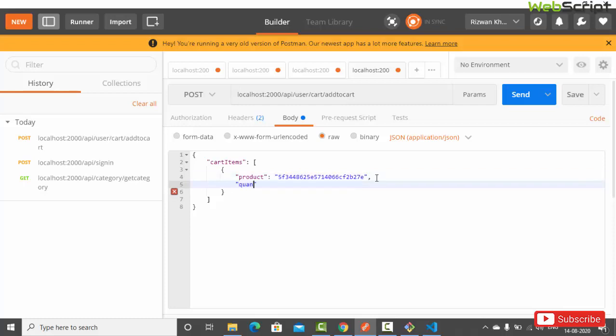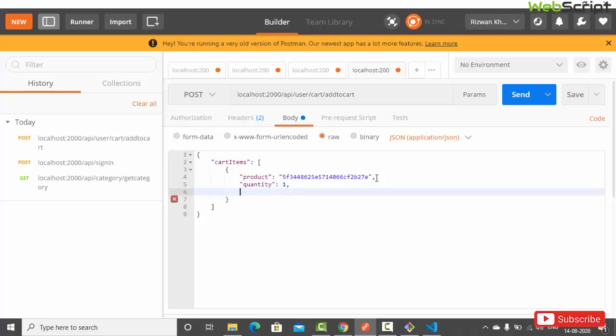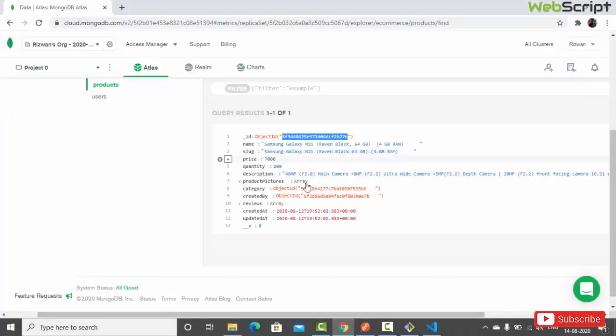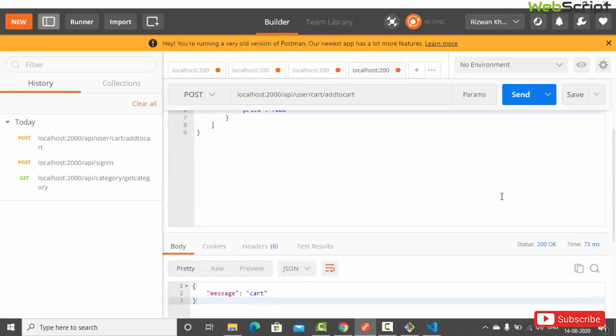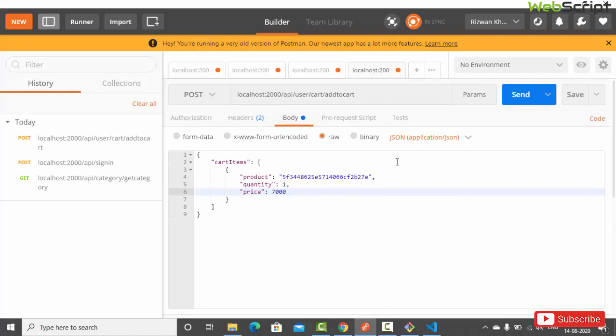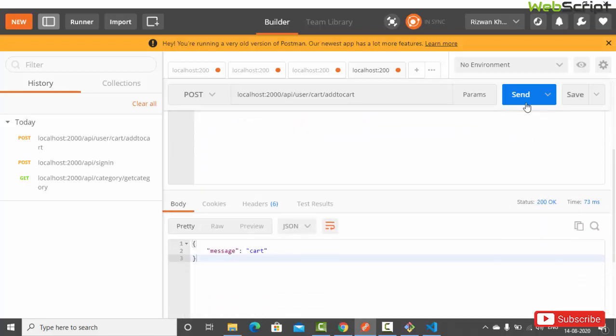Another thing is we need to add the quantity. So you can add 1 or 2, by default it is 1, and so you can add like that. And let's add the price also. So price, we know the price is actually 7,000, right? So let's add 7,000. And now let's send the request. You can only add one item at a time, right? So there is no way to add multiple at the same time. So, okay, let's send the request,